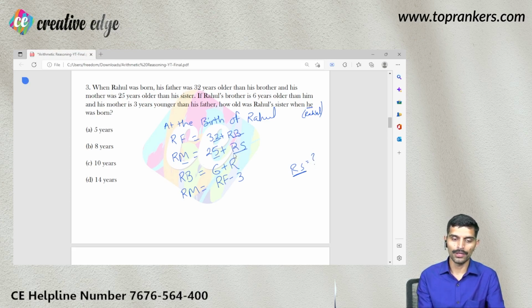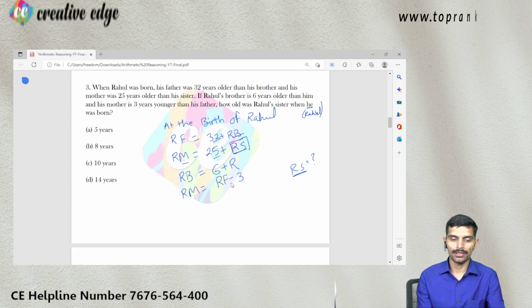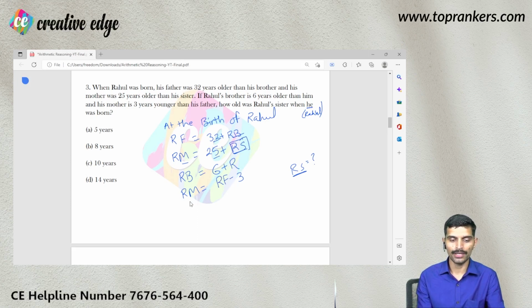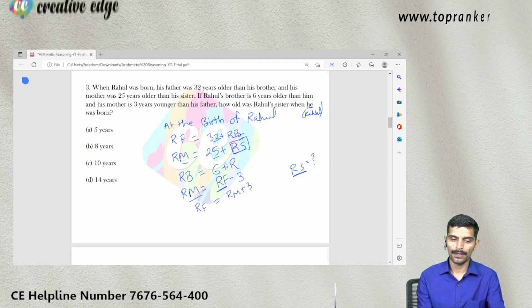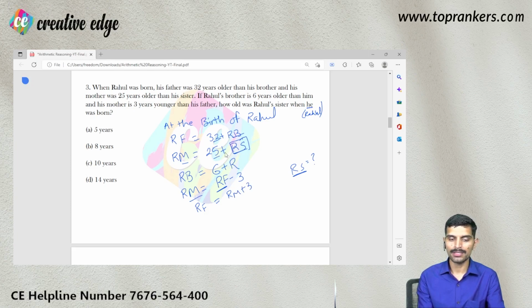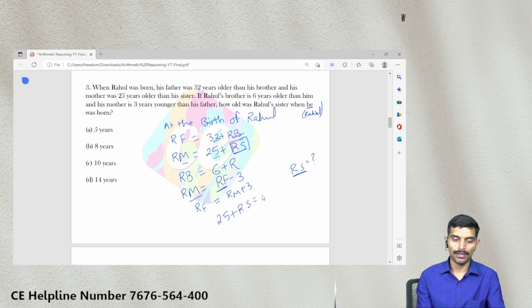So we need to convert all these things into Rahul's sister. We can establish a relationship between Rahul's father and Rahul's mother. So Rahul's father can be replaced as Rahul's mother plus 3, right? And Rahul's mother can be replaced as 25 plus Rahul's sister. So Rahul's mother is 25 plus Rahul's sister, and Rahul's father